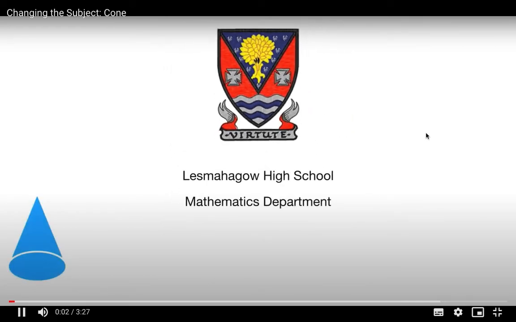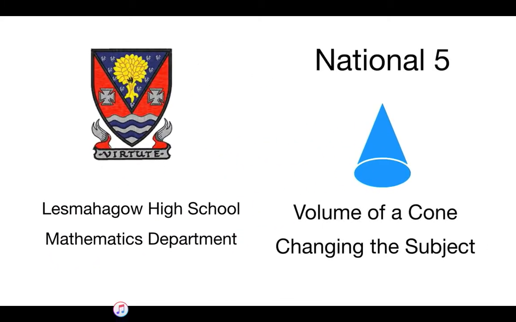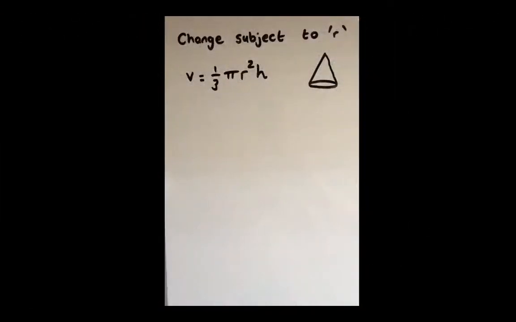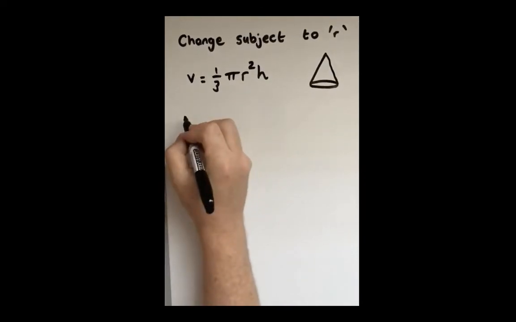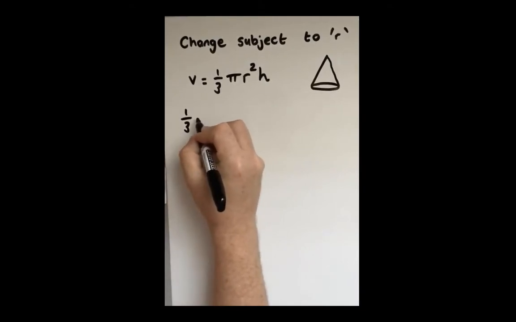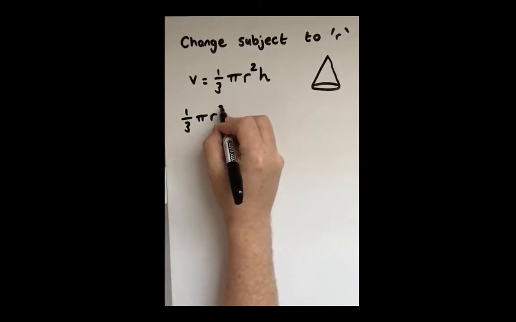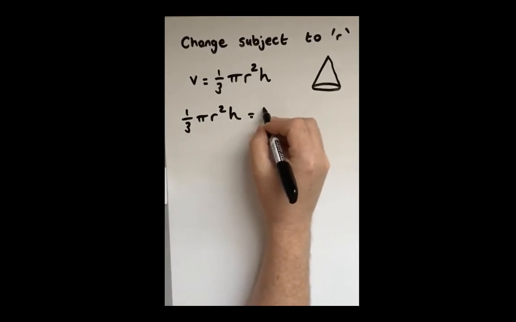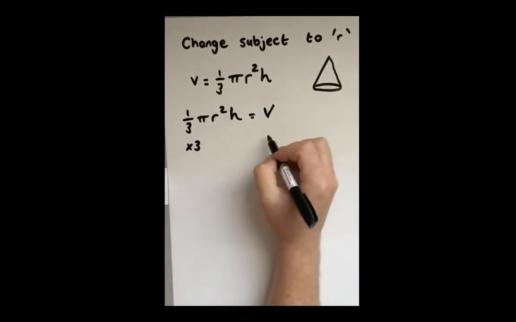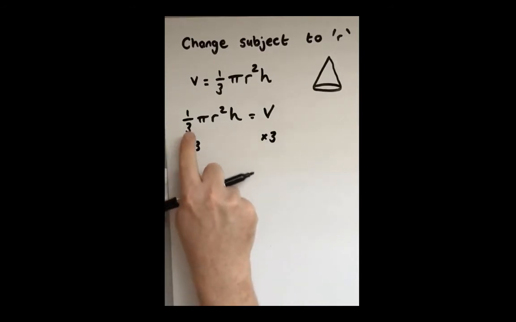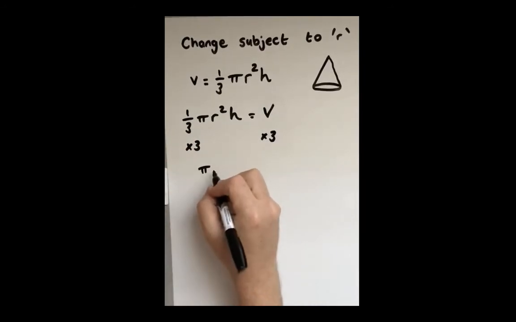Welcome along to another lesson with Mr. Burns. In this lesson we are going to change the subject of the formula using the volume of a cone formula. So volume is a third pi r squared h. That's given to you in the National 5 exam, you don't need to remember it. So the left hand side equals the right hand side, so that means the right hand side is equal to the left hand side. We want to have the symbol that we're trying to change the subject for on the left hand side. So a third pi r squared h is equal to v. We'll invert that operation. Multiplication of a third becomes multiplication